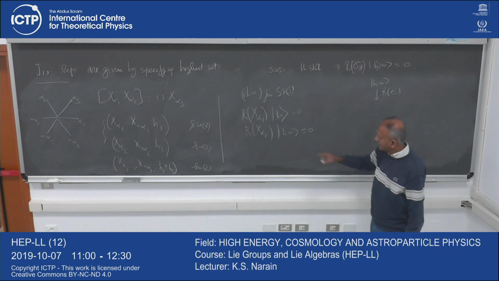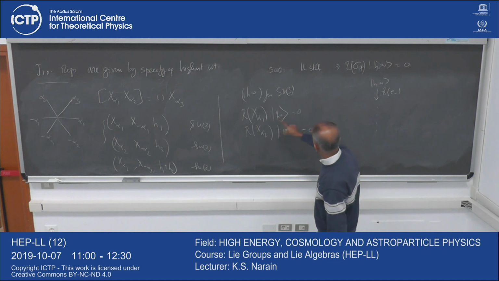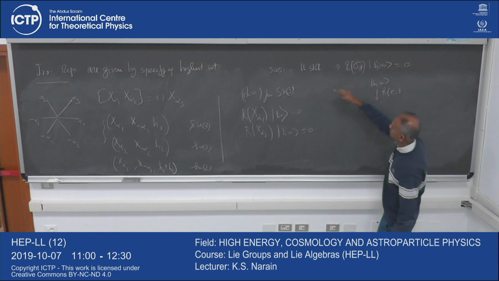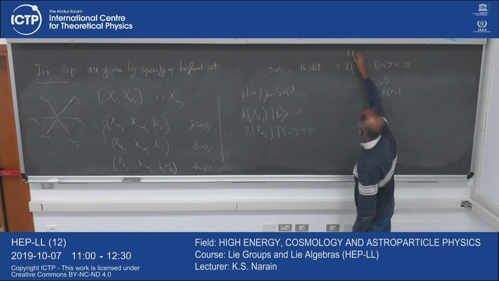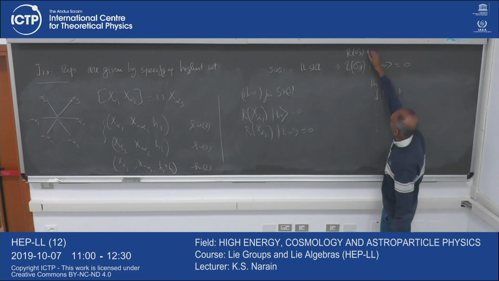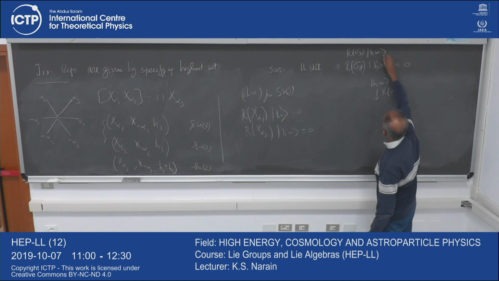Right? And then furthermore, just like for the SU2 case, where we found this highest weight, we could also always diagonalize sigma 3, right? So we also have the eigenvalue of the highest weight, which was 2j,